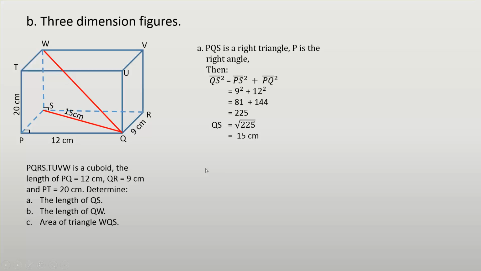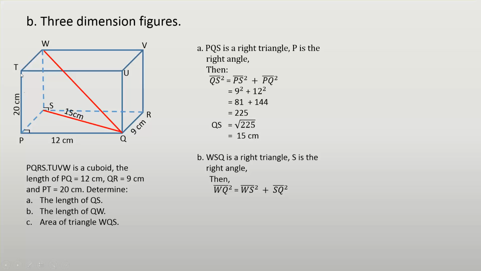Okay, we can use the Pythagorean theorem here. QW square is equal WS square plus SQ square. I repeat again, WQ square is equal WS square plus SQ square. Is equal here, look at this,